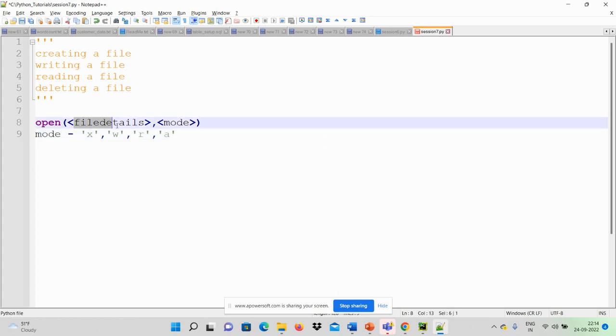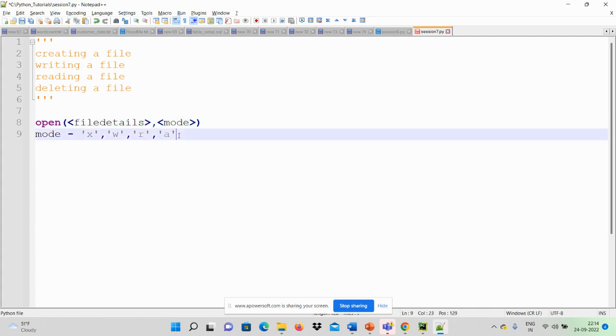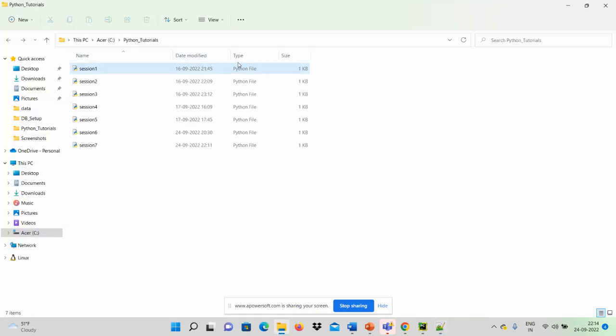Now talking about file details. So by file details, I mean the file path and the file name. Okay, and out of both of these, file path is optional, and I'll tell you why. If you don't put in a file path, the Python program is going to create the file in the same path where the application itself is placed. So I'll show you. If I save the application here as session 7, here only the file would be created if I don't put a separate path. Okay,